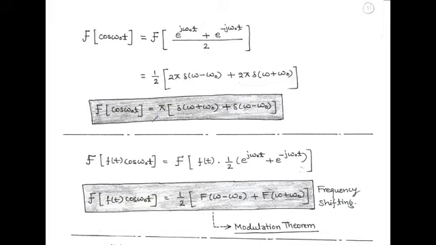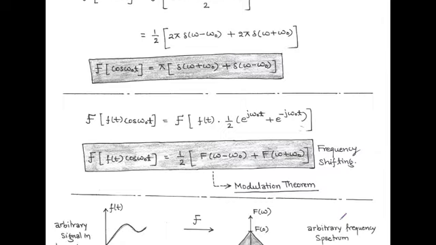From these two terms we can take 2 pi common, and after this we get the Fourier transform of cos omega naught t equals pi within bracket del omega plus omega naught plus del omega minus omega naught. Similarly, we can determine the Fourier transform of any function f(t) cos omega naught t, and its value is 1 upon 2 within bracket capital F omega minus omega naught plus capital F omega plus omega naught. Here we use the frequency shifting property, and this is called the modulation theorem, which is used to determine the frequency domain description of AM wave or standard AM.